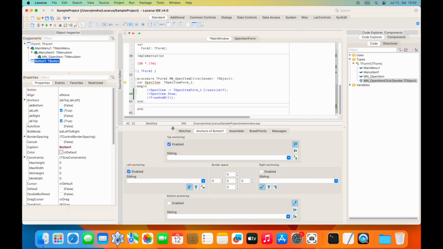Because when you create your button, this top and left anchoring is enabled by default, and this will set the anchor to the left and the top side of the form. And when the form is moved or resized, then the button will basically follow the position